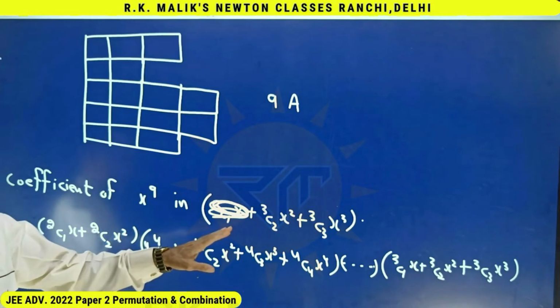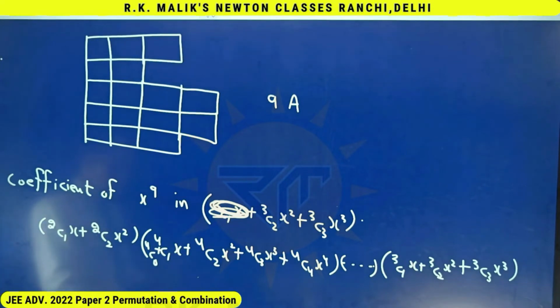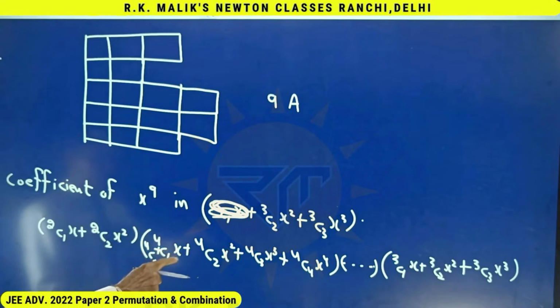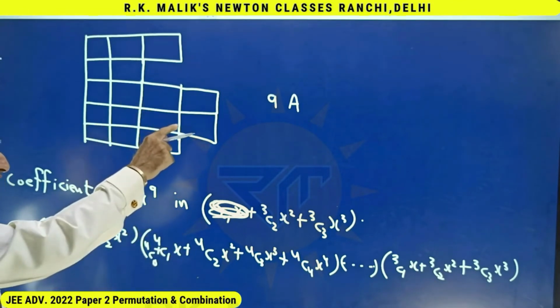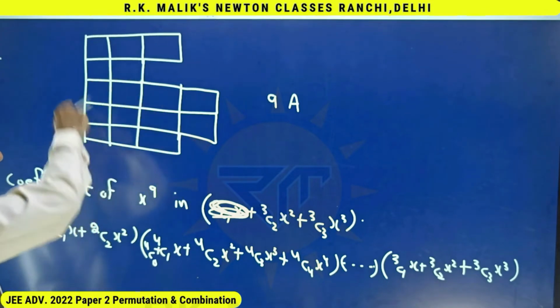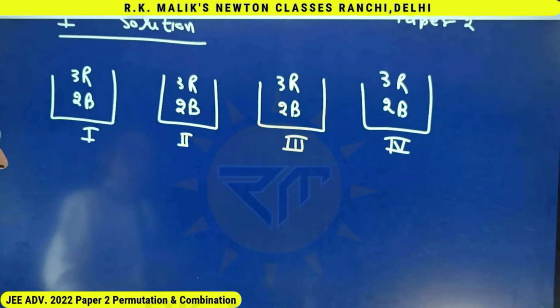How I will calculate is a different part. The main thing is why the coefficient is representing the number of ways of putting 9 A's in these boxes. This is the main thing. And using the explanation which I just gave you, if I want to choose